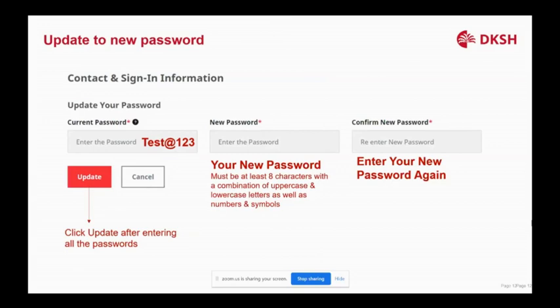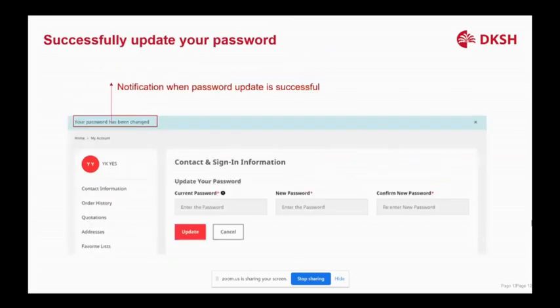But remember, it must be a combination of minimum 8 characters of capital letters, small letters, numbers, as well as symbols. Then you retype your password again to confirm your new password. Once this has updated, you will see a notification on the top bar of the website that it has been changed successfully.